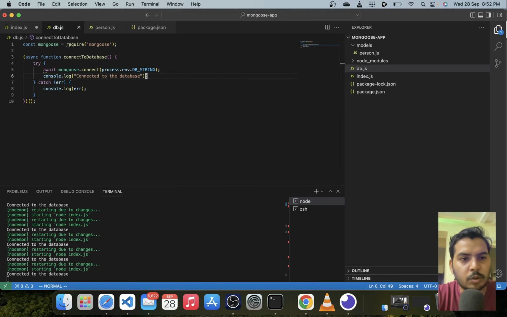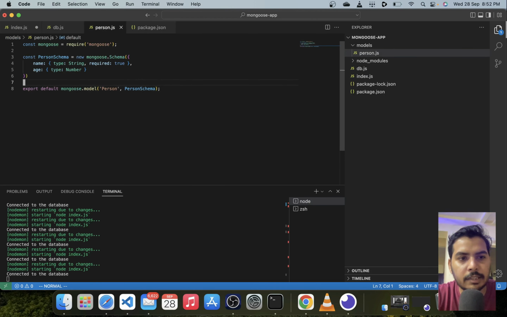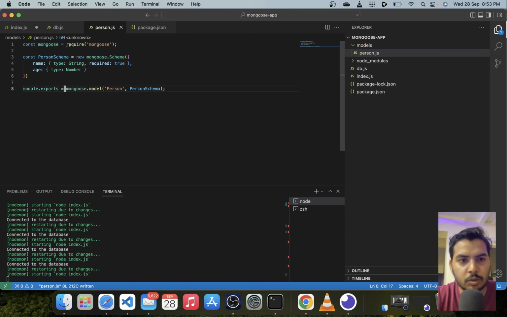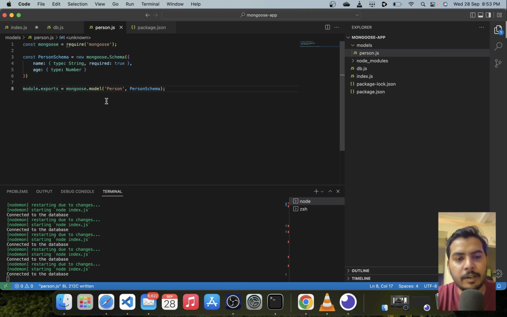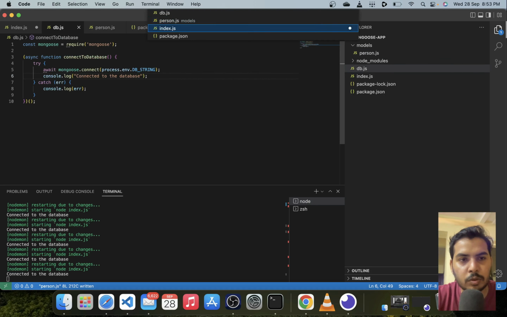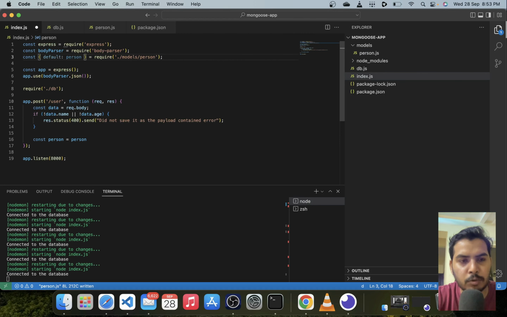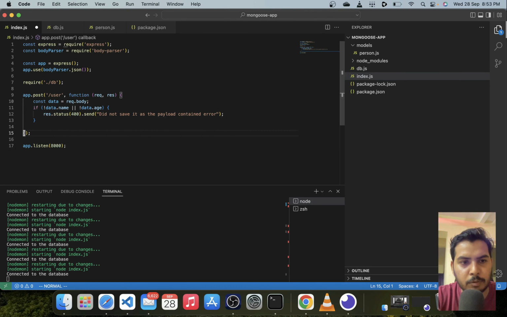So person, so let's not write this default thing. This is ECMAScript notation. Let's not do it. Let's stick to CommonJS. So the statement is going to be module.exports and this. So this is going to be the way to export something from a CommonJS file, okay? So let's use that thing. So remove this thing from here and remove this statement as well. So constant P and person.